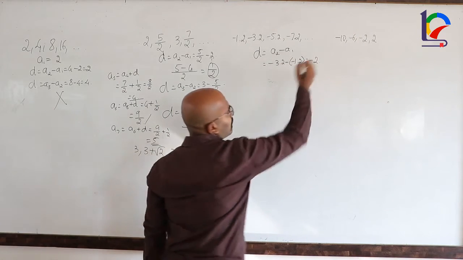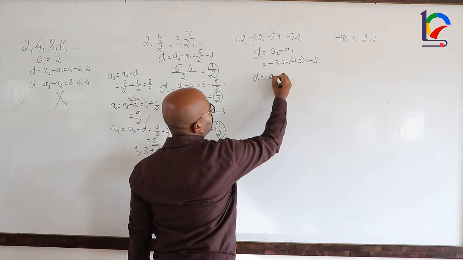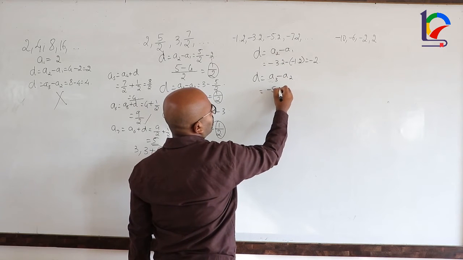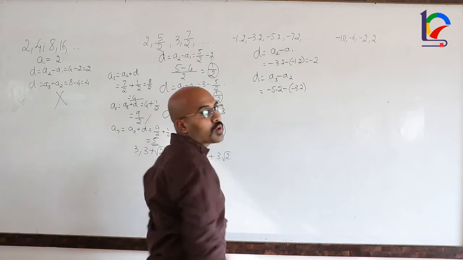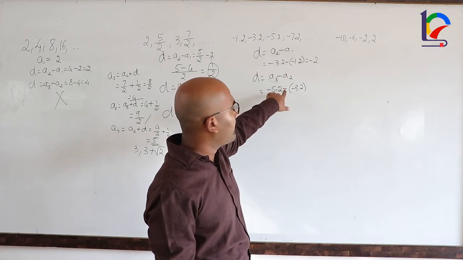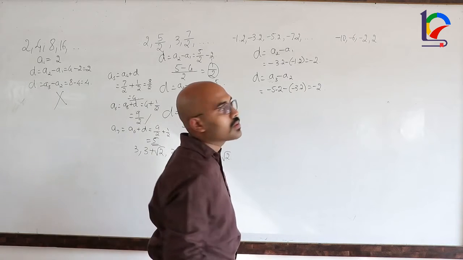It is minus 2. So the next common difference, A3 minus A2. What is A3? Minus 5.2, minus of minus 3.2. Minus into minus is plus. So minus 5.2 plus 3.2. It is minus 2. Next,